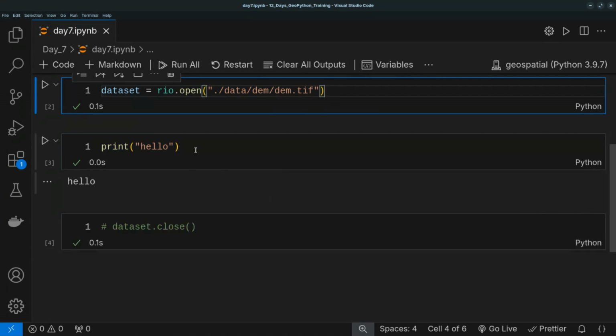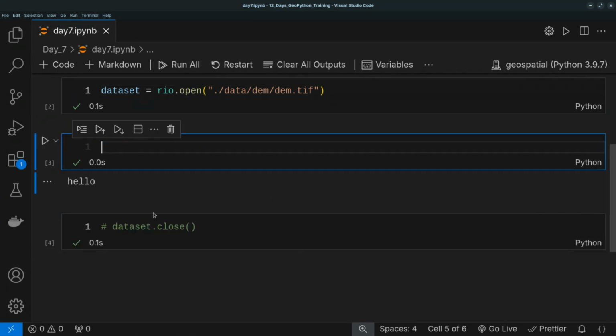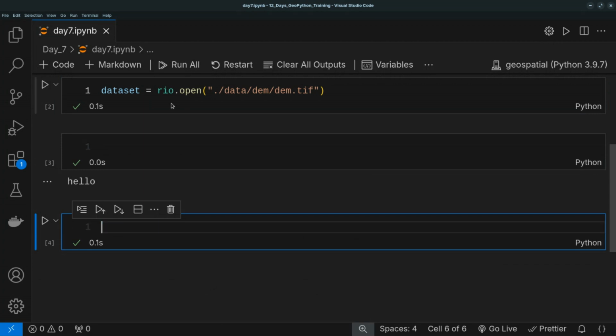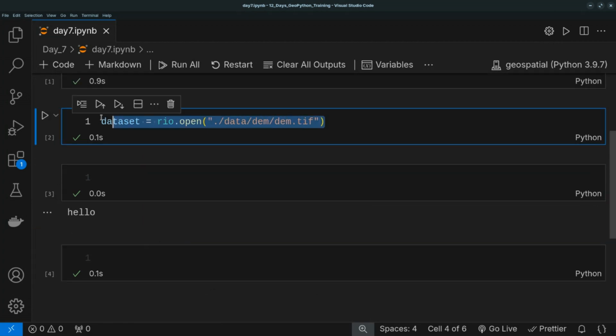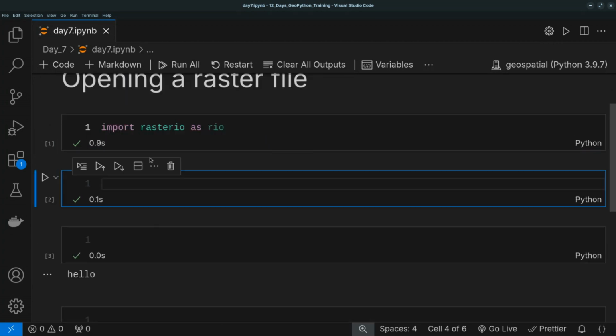But if you want to properly open a file in Python, the best Pythonic way is to use the with keyword. What with does is that if you exit that particular block of code, or if you finish it, it will close the file in memory, and then it will not cause any file integrity error if you have to open your file in another application or in another place. So this one, it will not be the regular with open. This with open is run from Python. You say with rasterio.open,